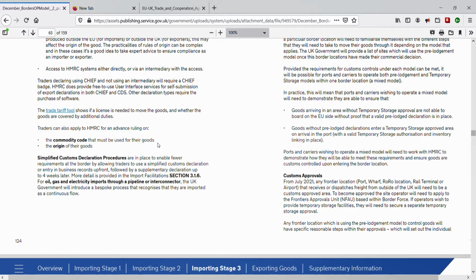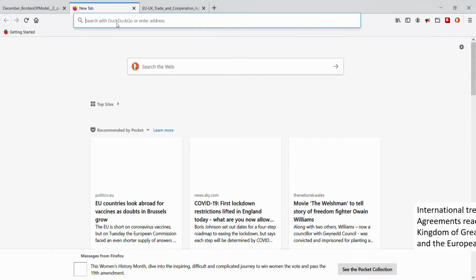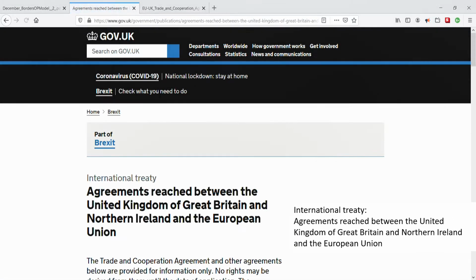However, if goods are not wholly originating goods, not wholly obtained from the EU or UK, then a calculation needs to be done to find out what percentage of the product was obtained from elsewhere. And we'll touch upon these calculations in due course. But before that, and because there's probably more to it than meets the eye, let's see if we can find out more about these terms. Wholly originating goods and originating goods.